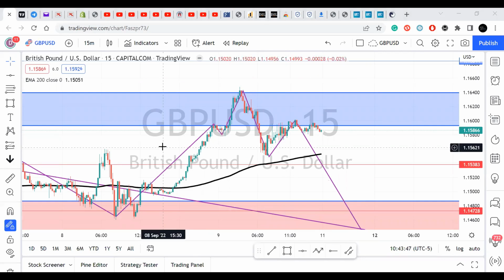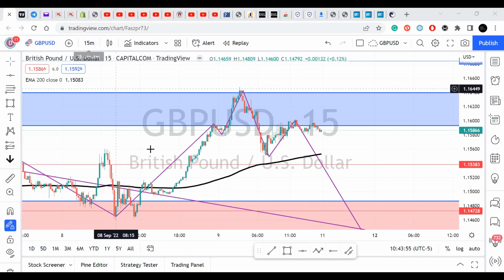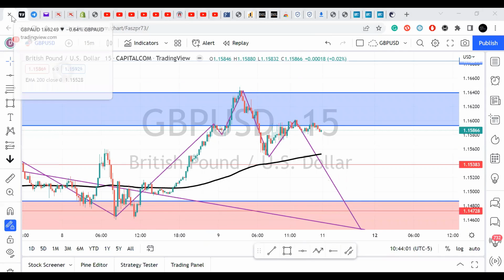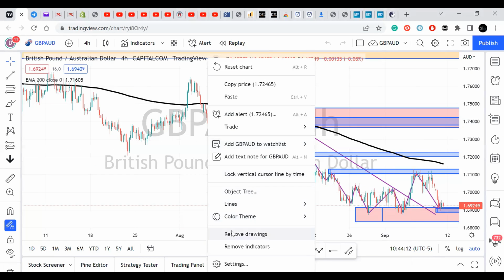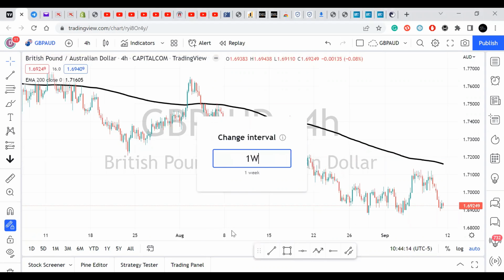So what I was doing is let me do for the other pair. Then I will recap. I will turn off because I'm recording it. I will turn it off and then recap for you on this GU. So let's do. Let's go to GA. Let's go to GA. So on the weekly chart on GA,